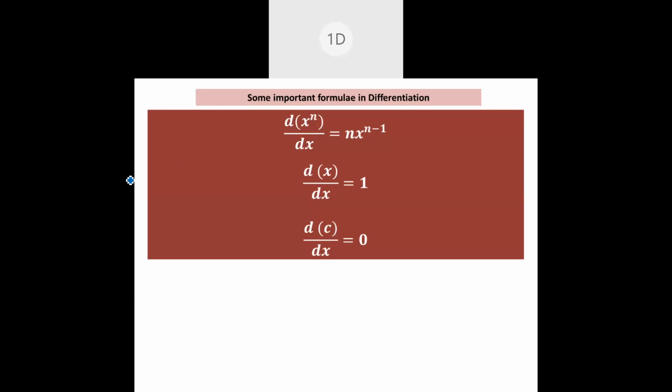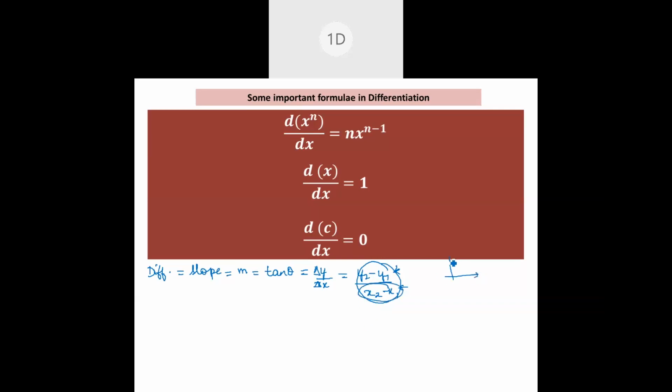Okay, so see students, differentiation is nothing but slope. The word differentiation means nothing but slope. Slope, in math, you represented with the symbol m, or tan theta, or delta y by delta x, where delta means change in y by change in x. The actual meaning is how y is changing as x is changing, how y depends on x to change.